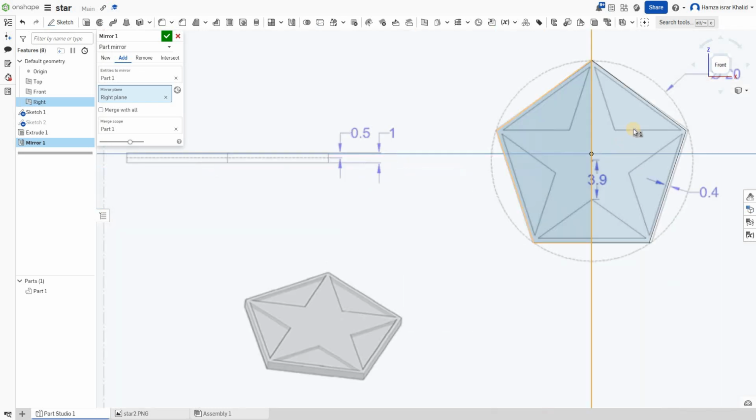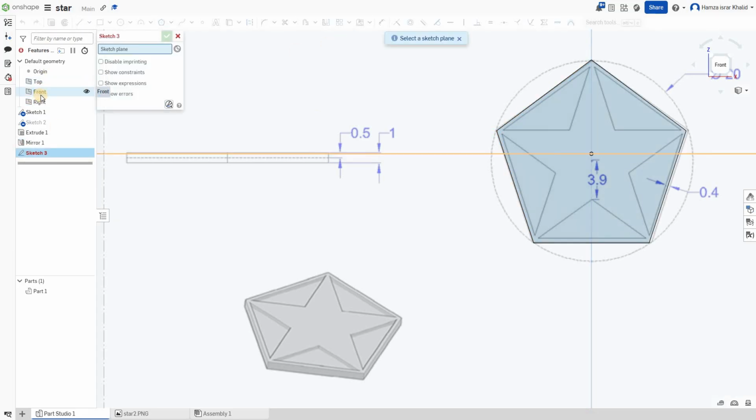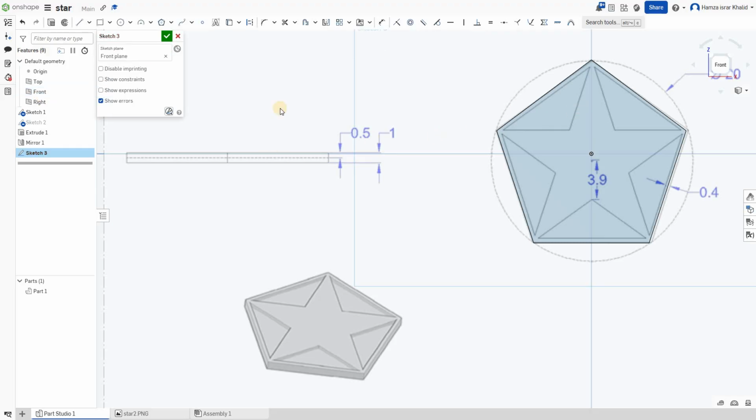Now we need to draw the star. So you can simply draw the star. I'm going to use another sketch. I'm going to click on sketch, a new one. I'm going to select the front plane again, and I'm going to draw again a straight line from this point to this point. Okay, now we have this line around the origin. I'm going to press escape. Now I can select the line tool again,